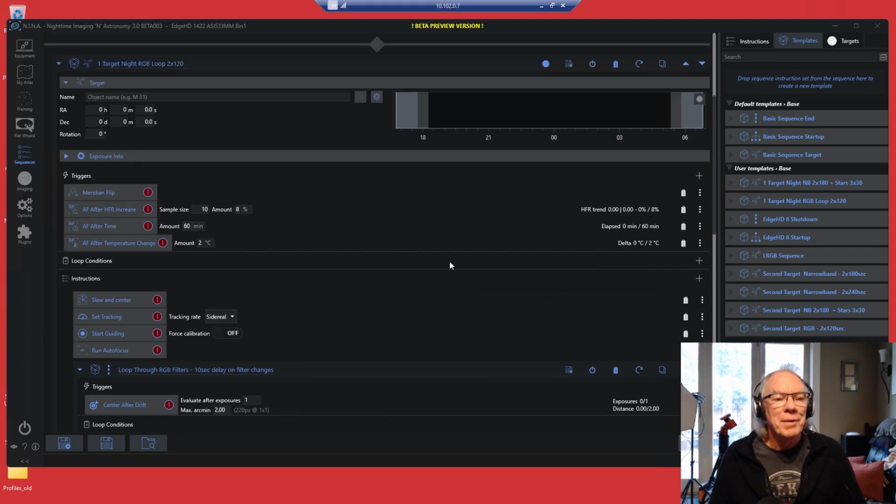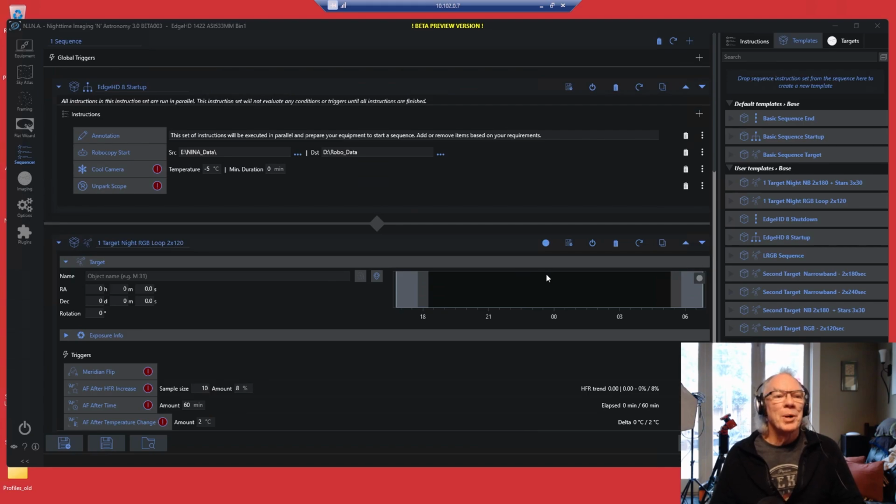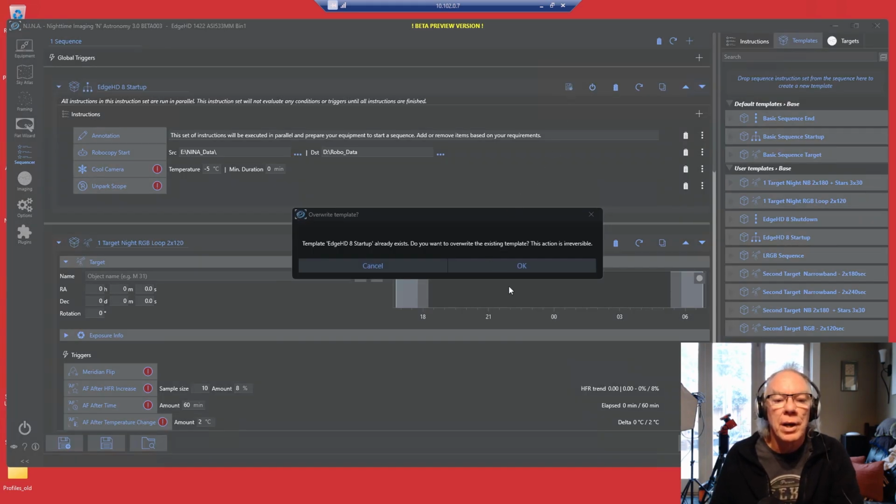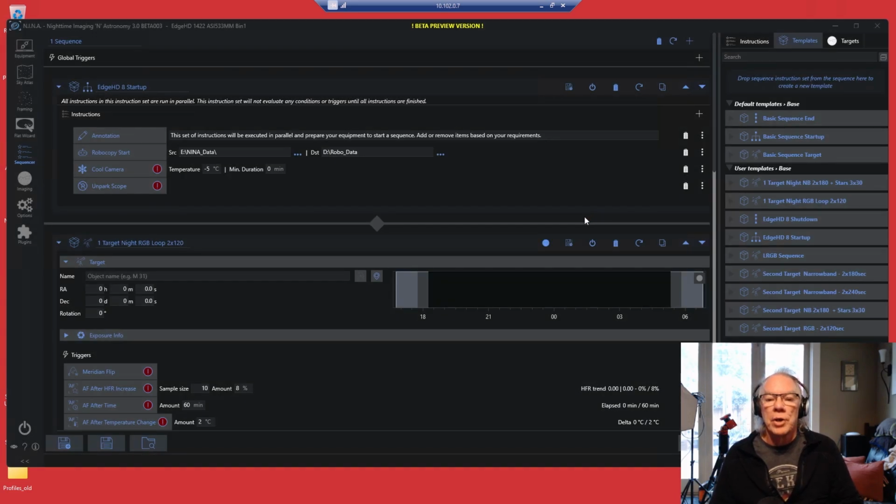So okay, let's see. I'm still learning how to work within the advanced sequencer. So let's see what we have here. If we say save, oh yeah, see, it wants to save the individual components. So basically, saving this whole thing as a JSON file has saved this entire sequence for me. And then I guess I could build maybe a consolidated template that I haven't done yet. But let's get this out of here.